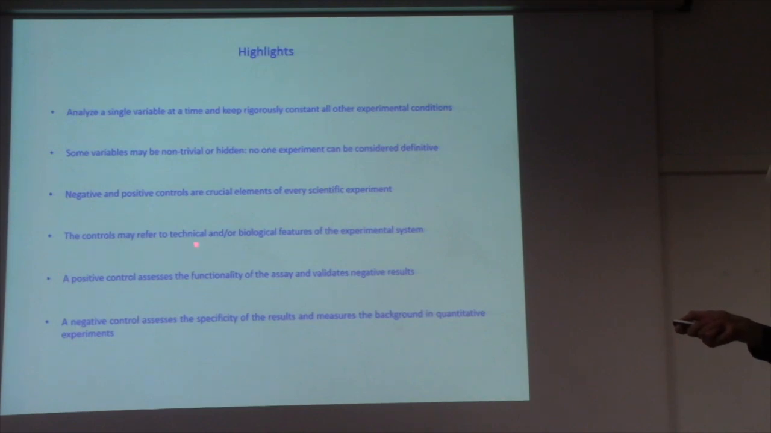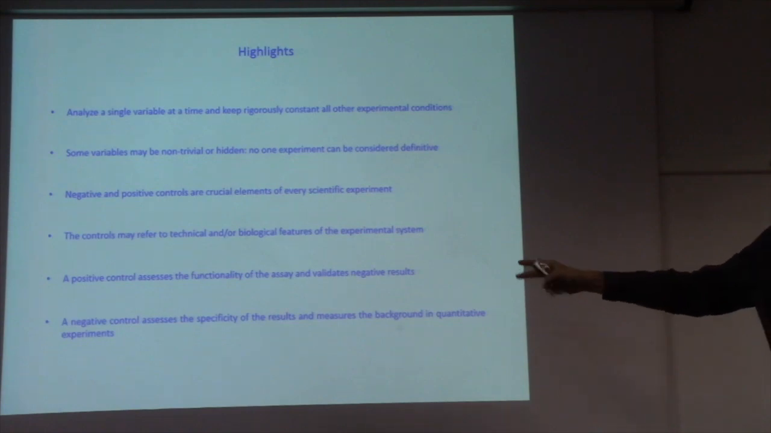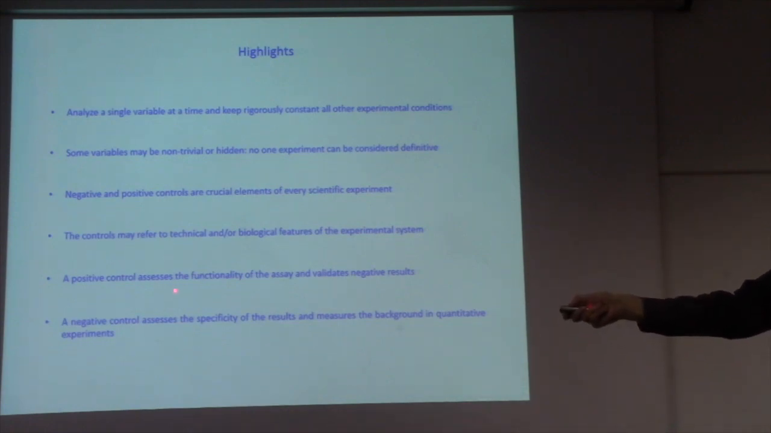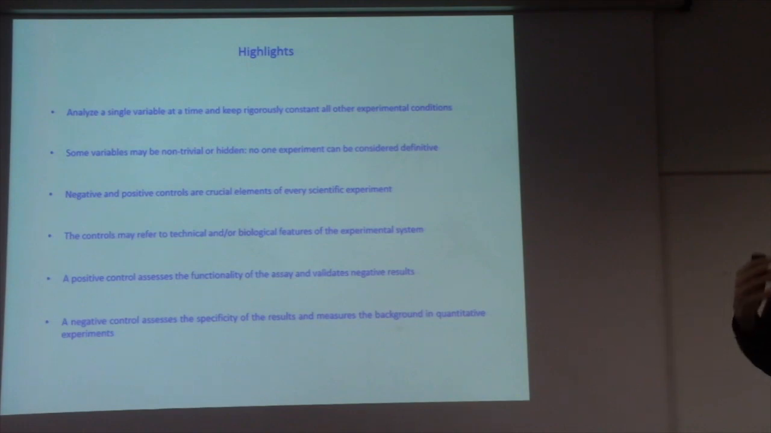The controls may refer to technical and/or biological features of the experimental system. It depends on what you want to control for. A positive control assesses the functionality of the assay. These are the statements of the two functions of positive and negative control. The positive control assesses the functionality of the assay, that the assay is working, and validates negative results if you get negative results. And again, you don't know in the beginning, so you have to have a positive control in case you get negative results. On the other hand, a negative control assesses the specificity of the results and measures the background in quantitative experiments, if there is a